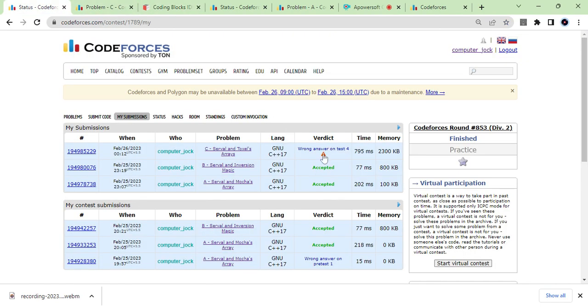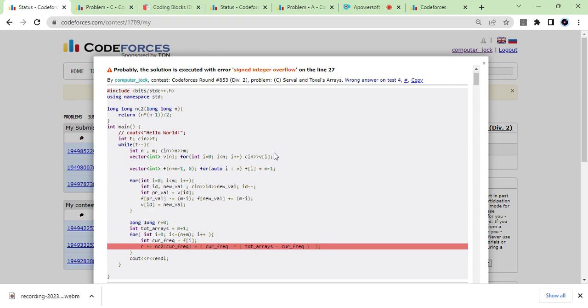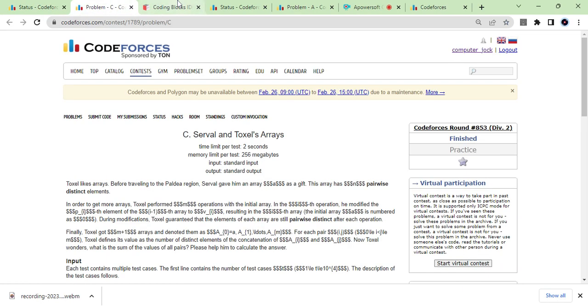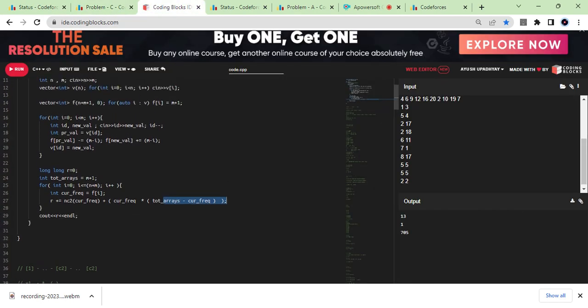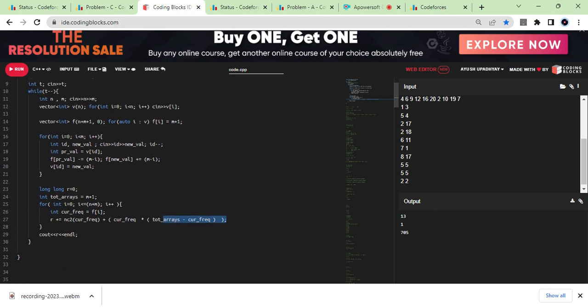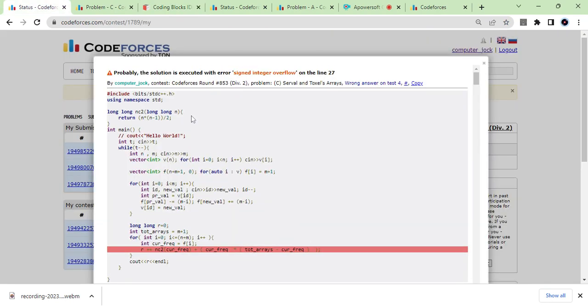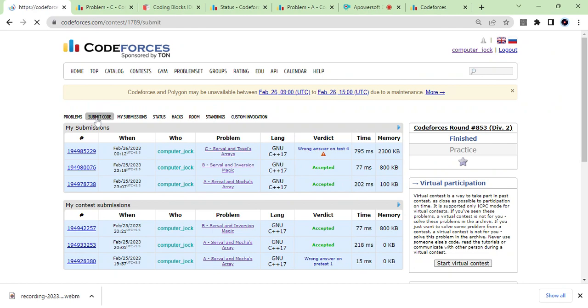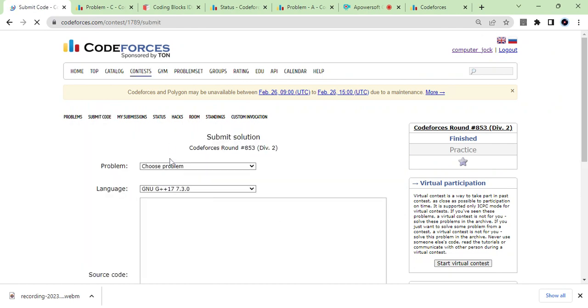Let's see. Okay, wrong answer on 4. I think there is some long issue or what. So integer overflow, long you have to take everywhere. I think current frequency maybe. It should not be that, but what is the way to prevent this? Logic is fine, just